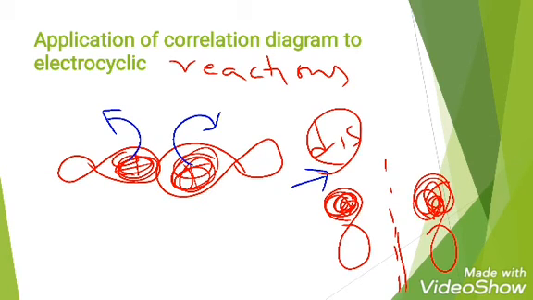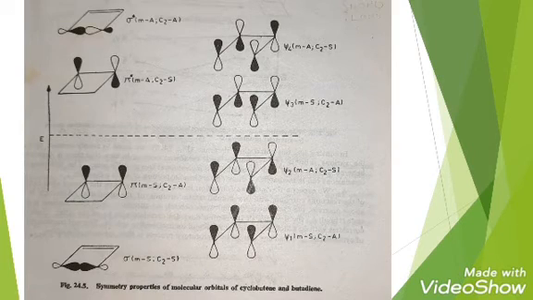So in the case of disrotatory ring opening, cyclobutene preserves a plane of symmetry throughout the transformation, while a twofold axis of symmetry is maintained in the conrotatory mode of ring opening. Let us first analyze the disrotatory opening of cyclobutene, in which a mirror plane of symmetry is maintained. During disrotatory opening, the mirror plane of symmetry is maintained.